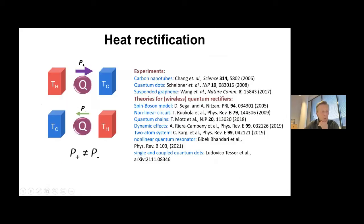Okay, so then let me go next to something maybe a little bit more quantum again, by taking a system which is not so symmetric as the previous system. So one interesting question is, can heat be rectified? Of course, there are already many experiments in more classical systems, and recently there have been quite a lot of theories for quantum rectifiers,